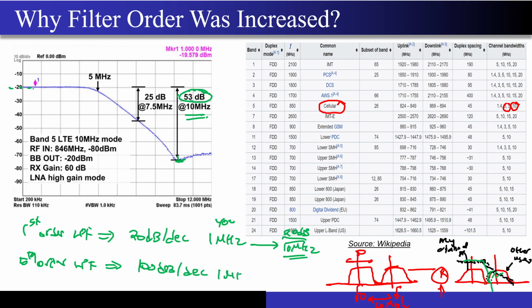Now if you are operating at 1 megahertz, and let's say there is some junk present at 10 megahertz, that will be getting attenuated by 100 dB, right? This is very huge. So what we can see from here is that if you want a very good rejection, a very stringent requirement on the rejection at a particular offset frequency which is very near to your pass band, you need filters which have very high order.